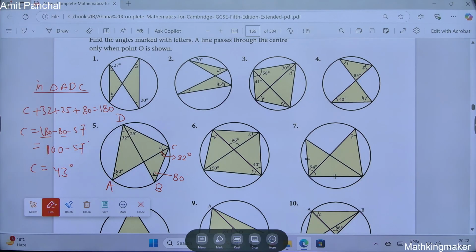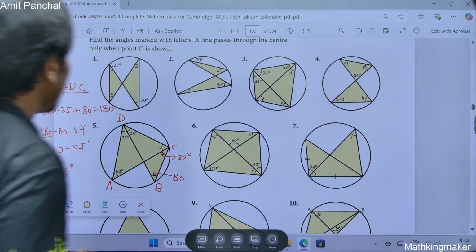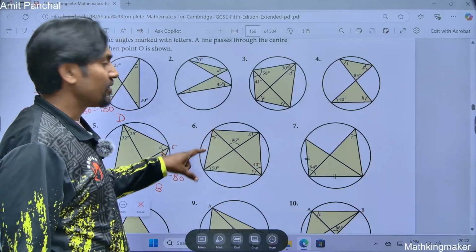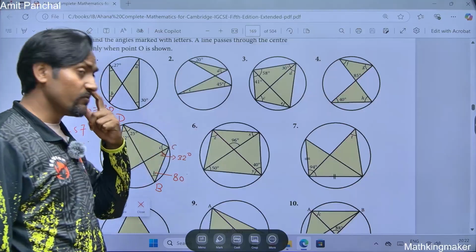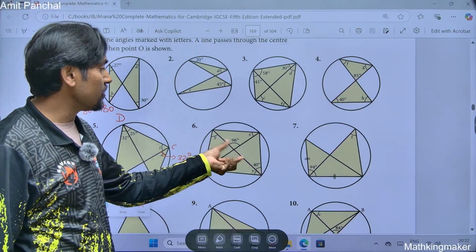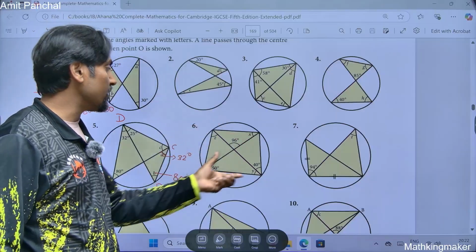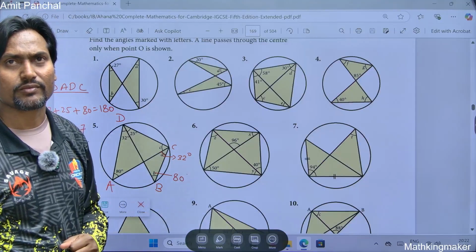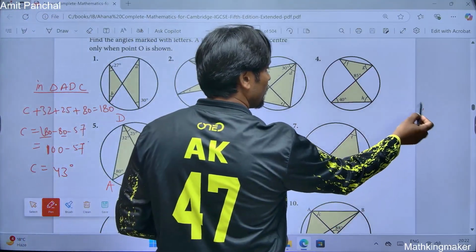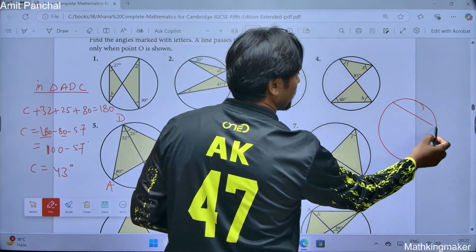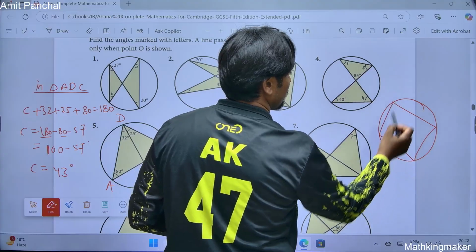Okay, now just go to the 6th question. So not only your circle theorem concept will be used, concepts for triangles also you can use. Okay, and this is a cyclic quadrilateral also. Can you see this is a quadrilateral and there is a theorem for a cyclic quadrilateral that the opposite angle sum of a cyclic quadrilateral makes 180. Okay, so if you have a quadrilateral like this, any quadrilateral like ABCD,